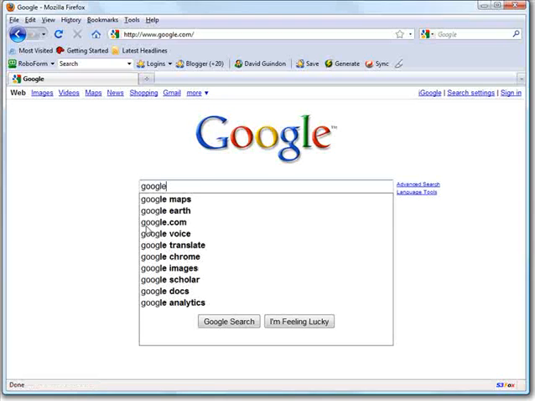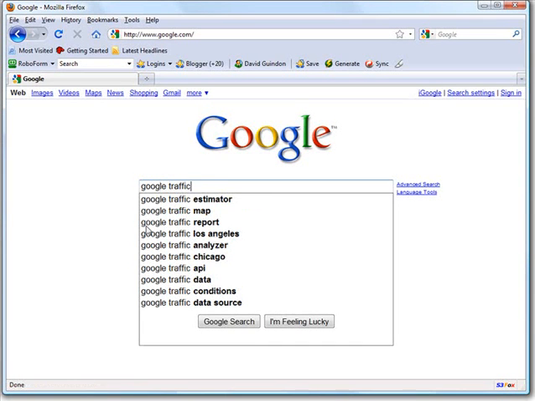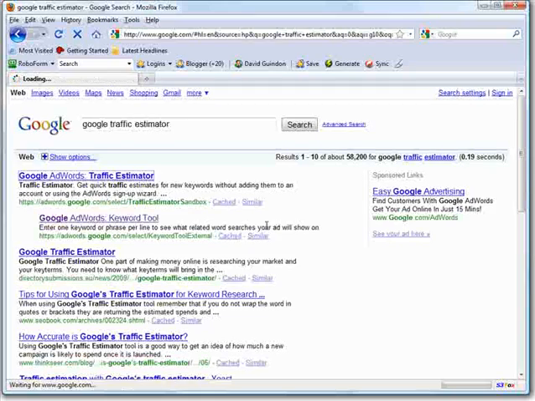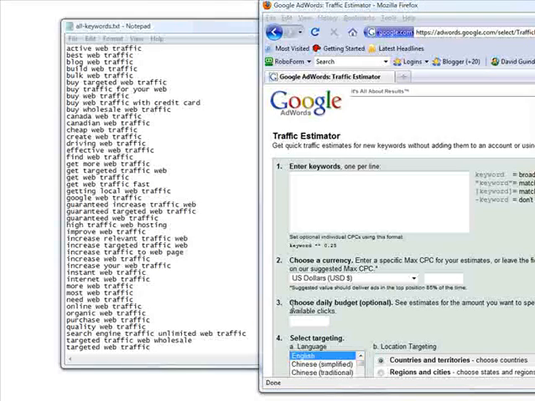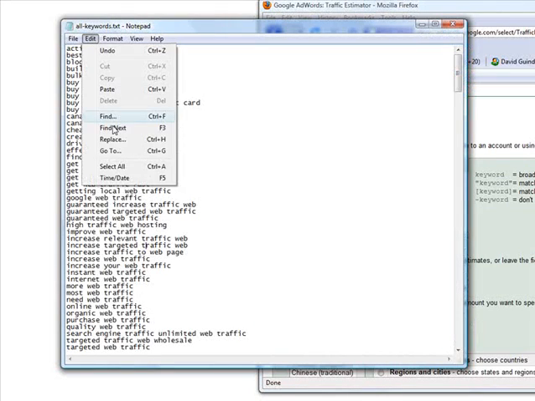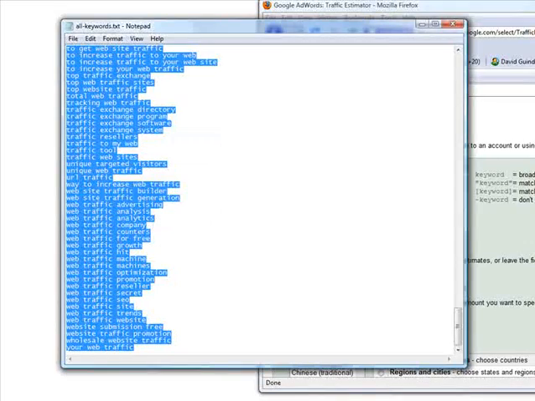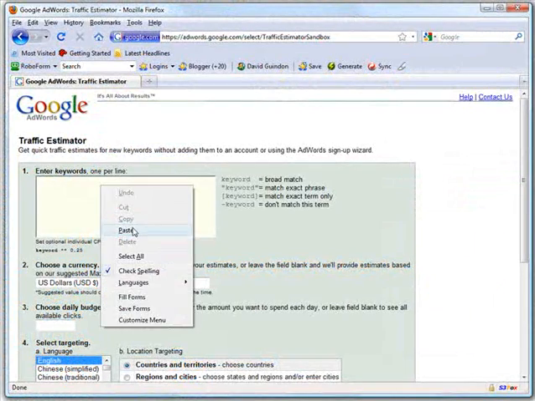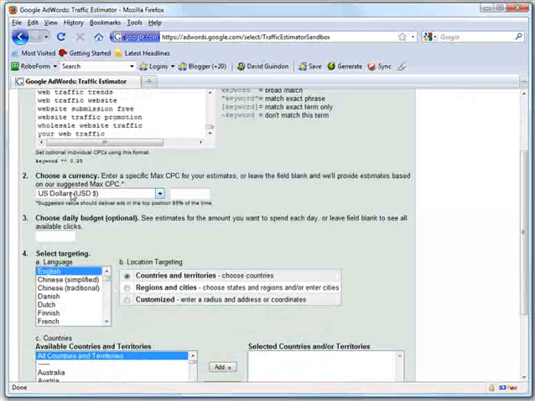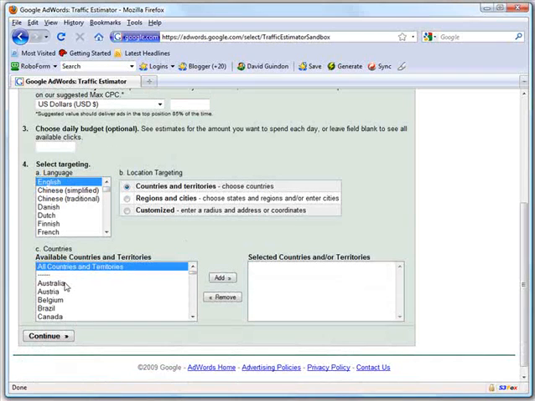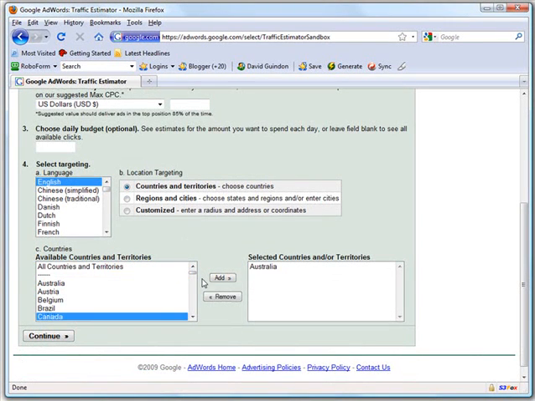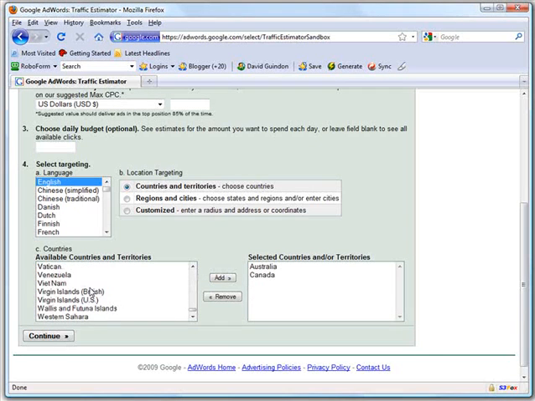So now we go to the Google Traffic Estimator. Now what we want to do is take our set of keywords, so File, select all, right click, copy, right click and paste. Alright. Now I'm going to select US dollars, English, and the 4 countries I usually add are Australia, Canada, and right at the bottom there is United States and United Kingdom. Click continue,